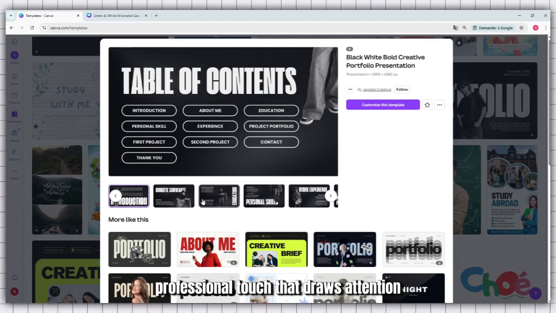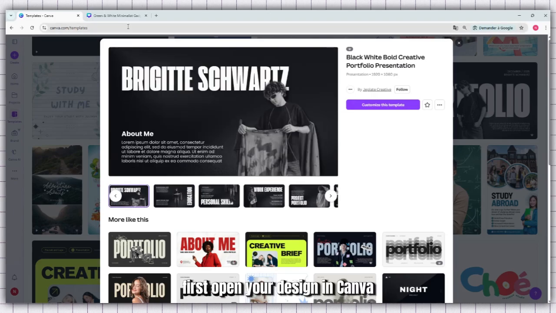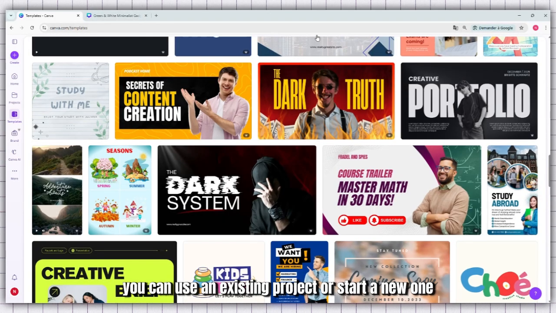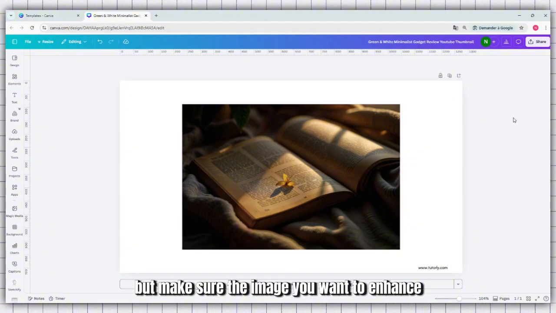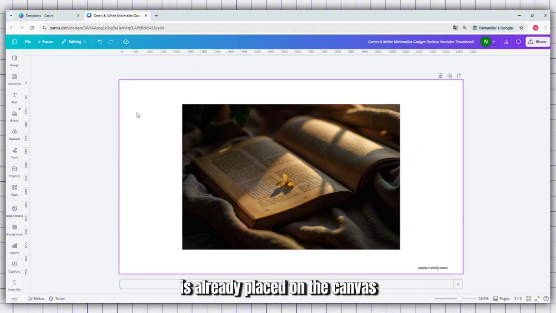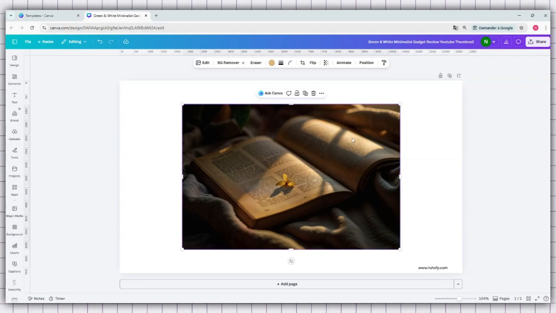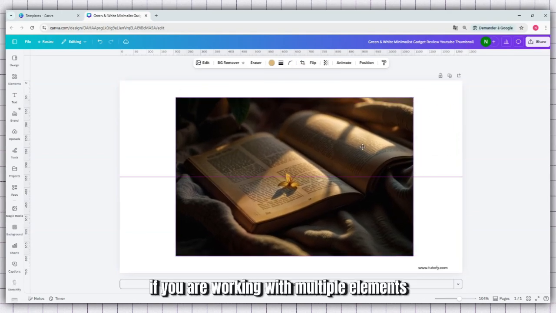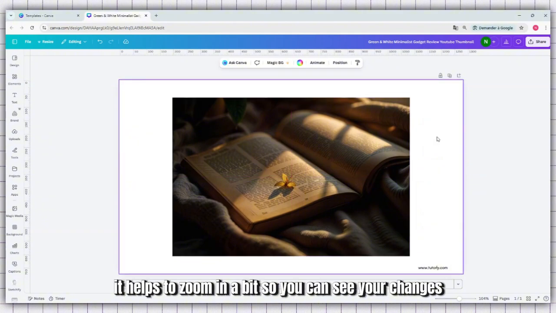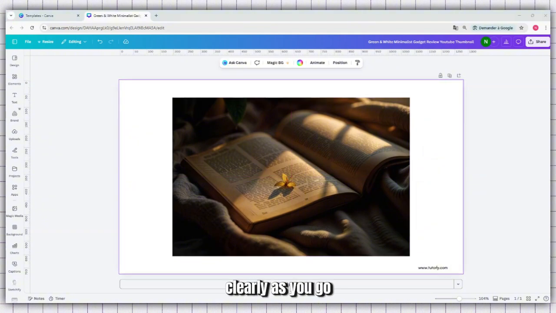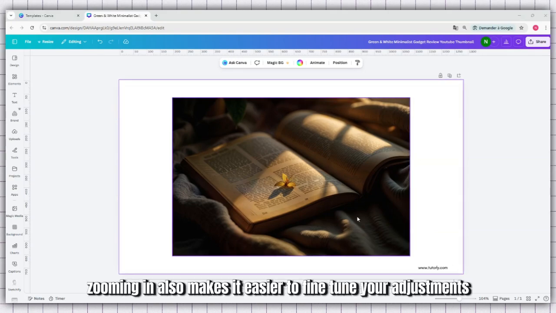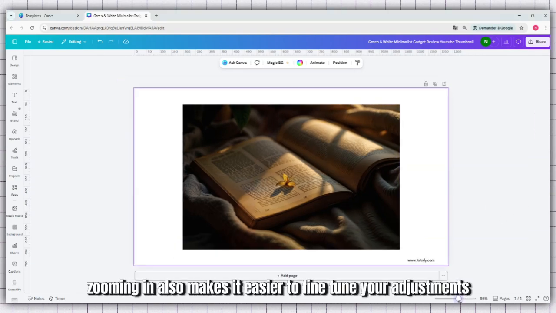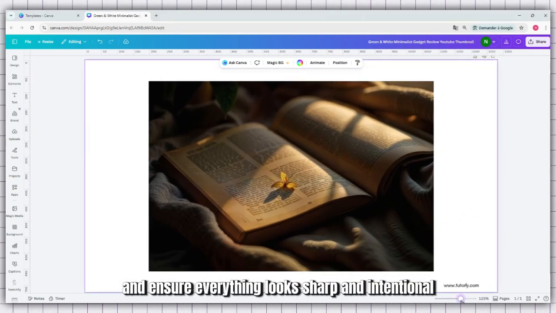that draws attention. First, open your design in Canva. You can use an existing project or start a new one, but make sure the image you want to enhance is already placed on the canvas. This could be a product image, logo, or any other graphic. If you are working with multiple elements, it helps to zoom in a bit so you can see your changes clearly as you go. Zooming in also makes it easier to fine-tune your adjustments and ensure everything looks sharp and